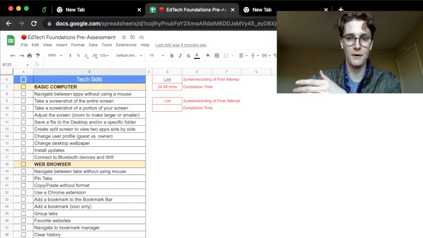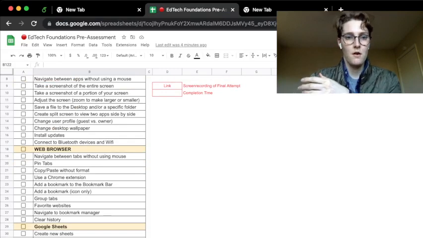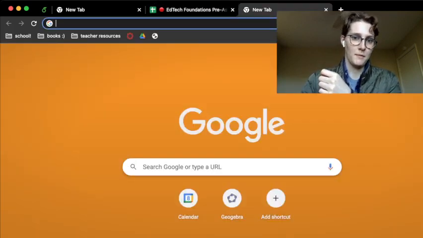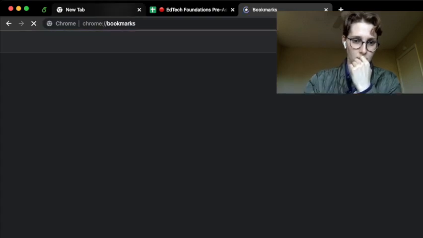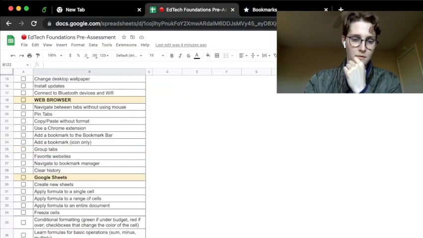Alright. To open the bookmark manager, we can go to Bookmarks and then Bookmark Manager. To clear the history, go up here, and then I can scroll all the way down, show full history, and then clear. Alright, for Google Sheets,